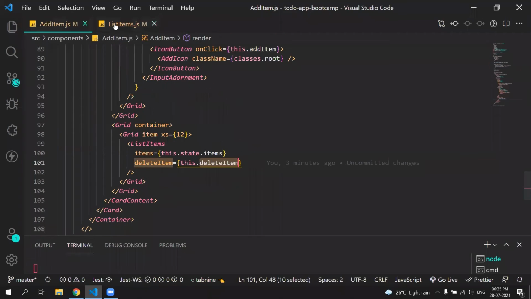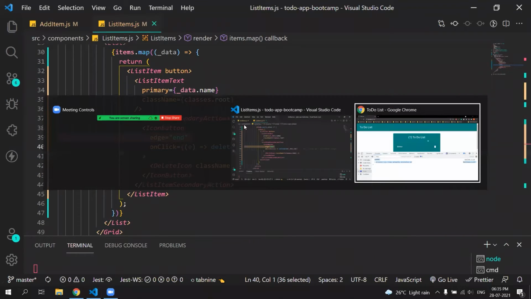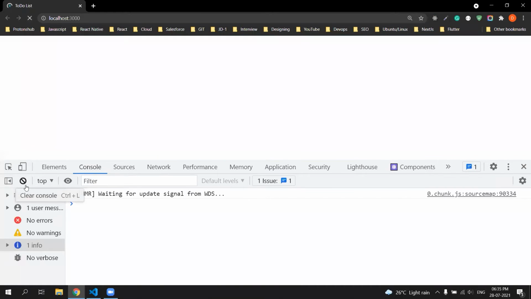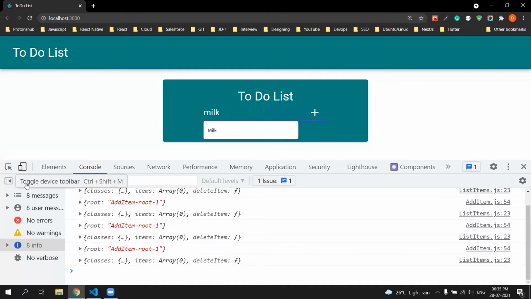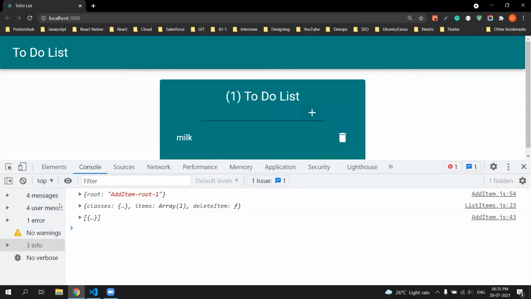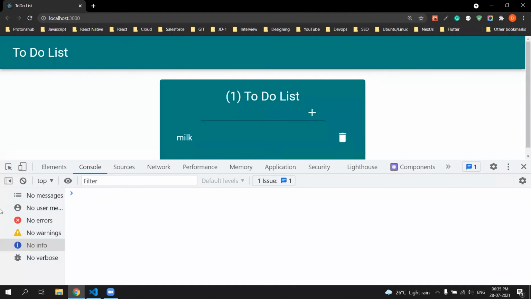Now if we click on our list, we should get that unique id. If I add milk, I should get a unique id. Yes, I am getting that unique id every time. If I click once again, I'm getting that id only.